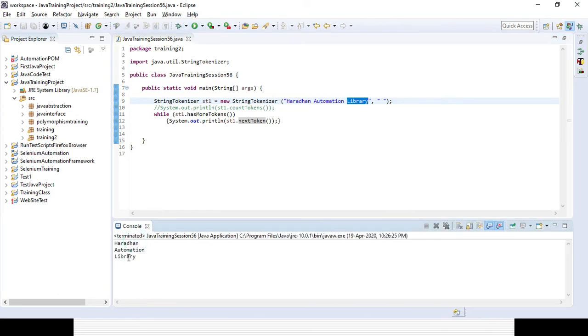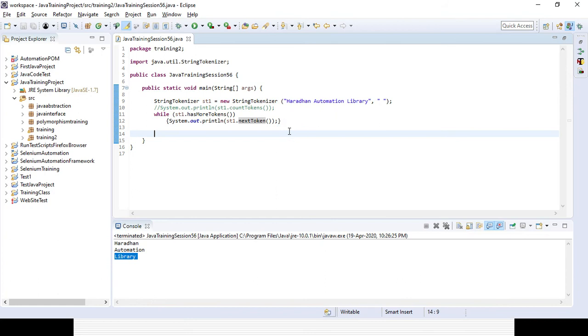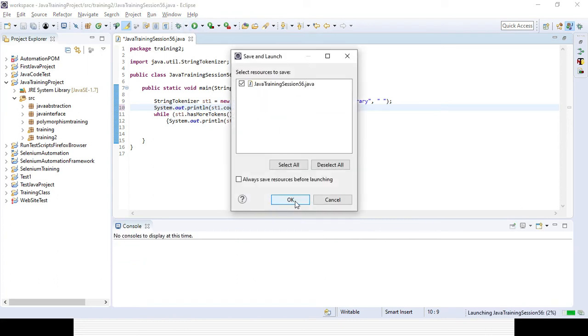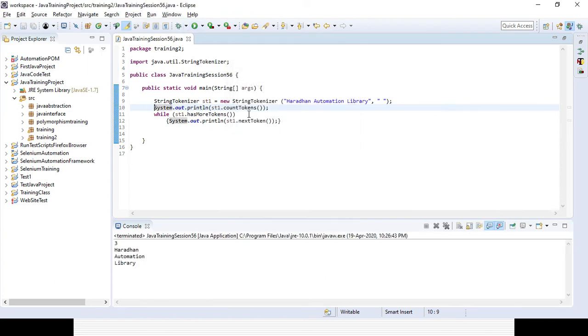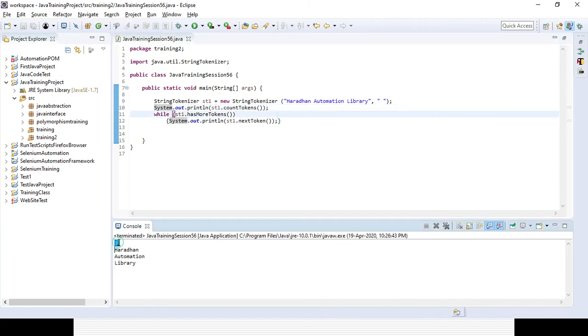Haradhan automation library. So the tokenization is possible, right? The tokenization is happening based on the space delimiter, and it will also give you the count. So these are the methods available, hasMoreTokens and nextToken. Okay, you can see total tokenization is 3: Haradhan, automation, library.